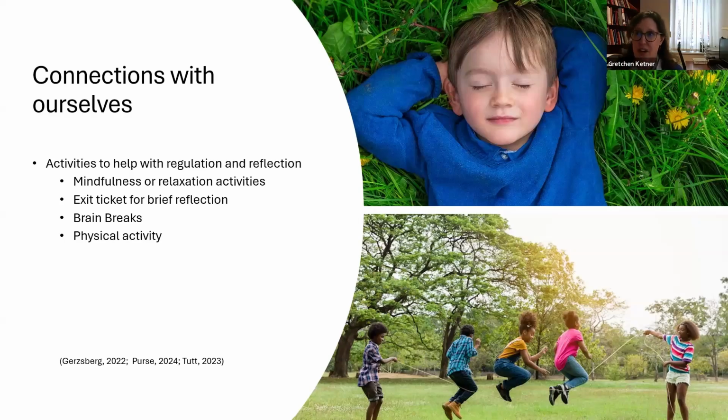And physical activity is also really great for regulation. Regulating breathing reduces muscle tension, and can distract from a stressor if somebody is focusing on a stressor. Physical activity could be stretching, it could be jumping jacks, it could be let's have a 2-minute dance party. There are lots of ways to incorporate physical activity into our classroom. And again, all of these things help our learners be regulated and be calm enough to learn.